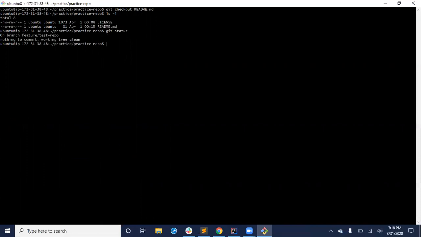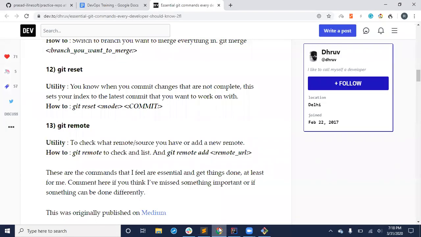Another way we can do is git checkout. So you can use this when you just want to revert the changes.